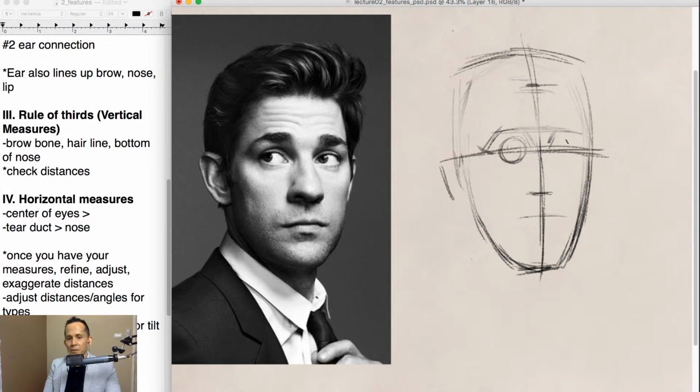I know my vertical, my horizontal line is off a little bit. My keystone is off. I could tell the distance from the tear duct to here is not going to be right. I can already tell it's off. See right there? I'm going to move that. So I just know that